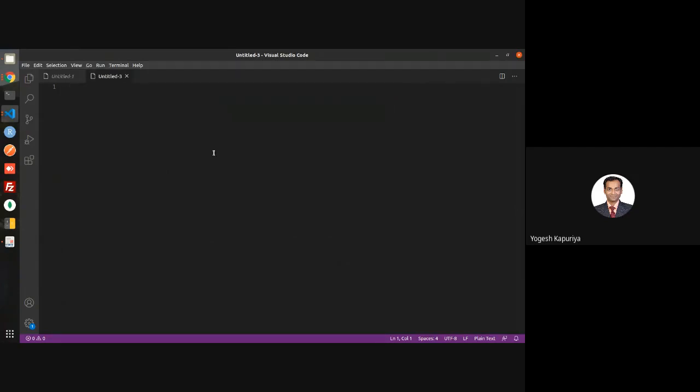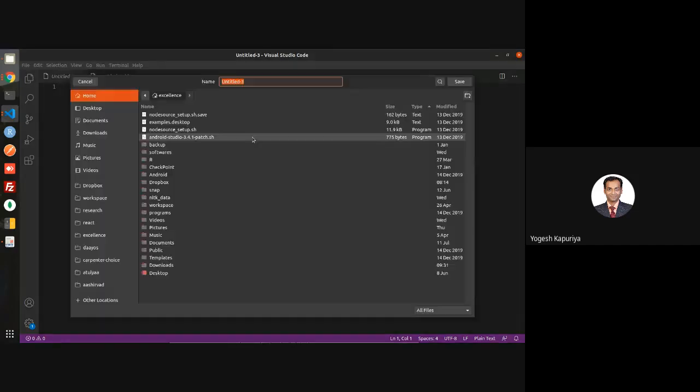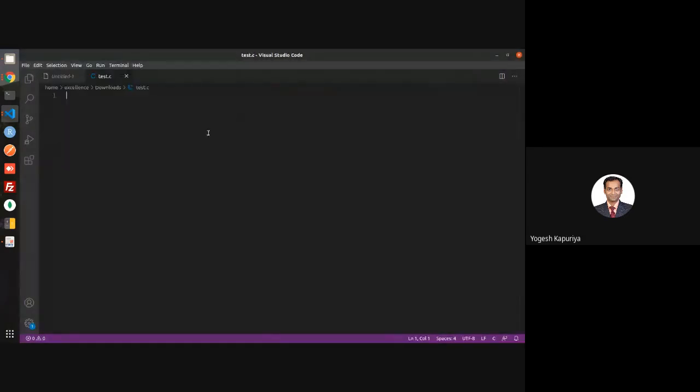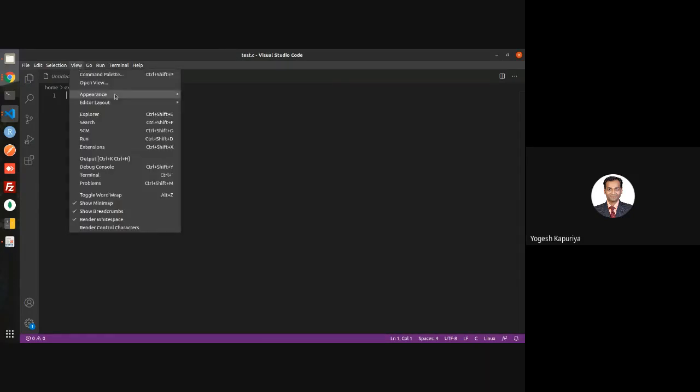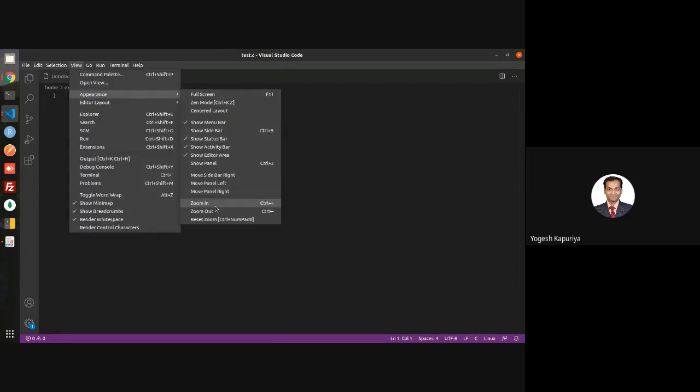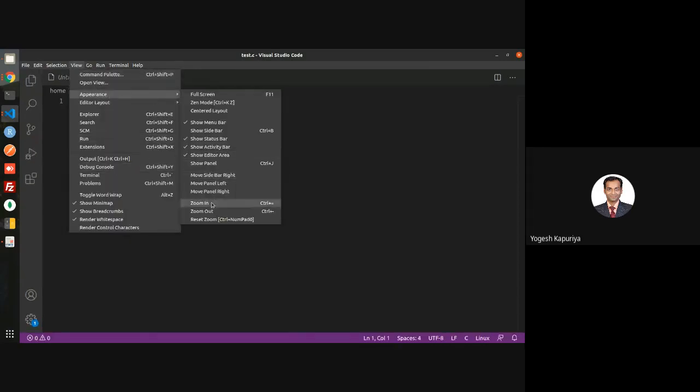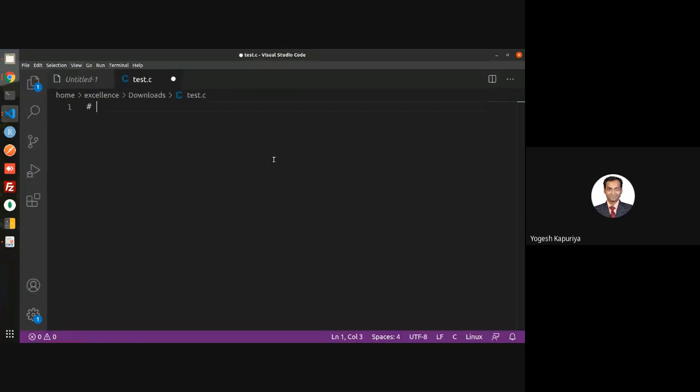So let us say we are writing a simple program. It's basically a C program which I am running. Okay, this is how it starts.